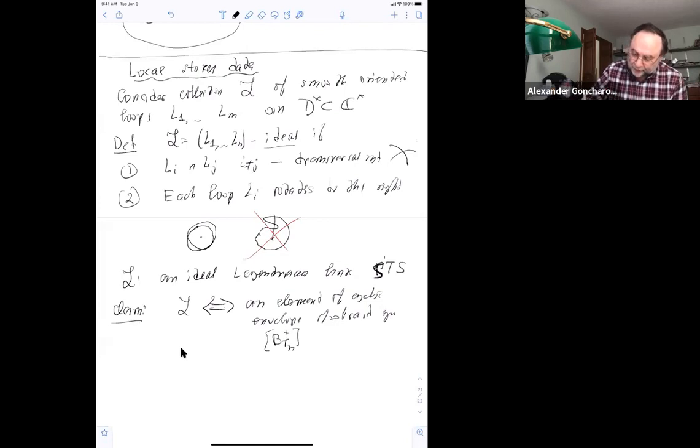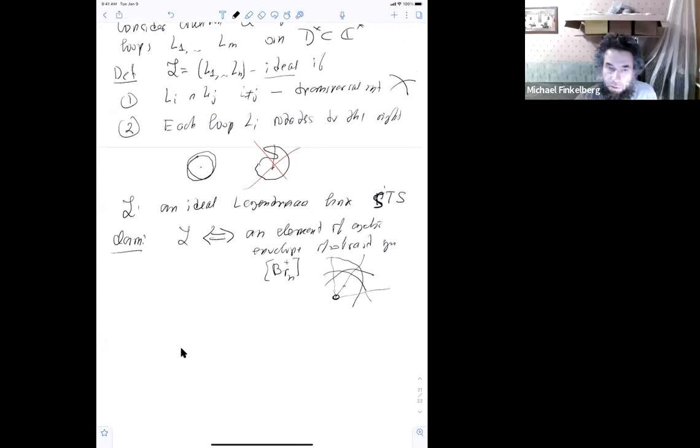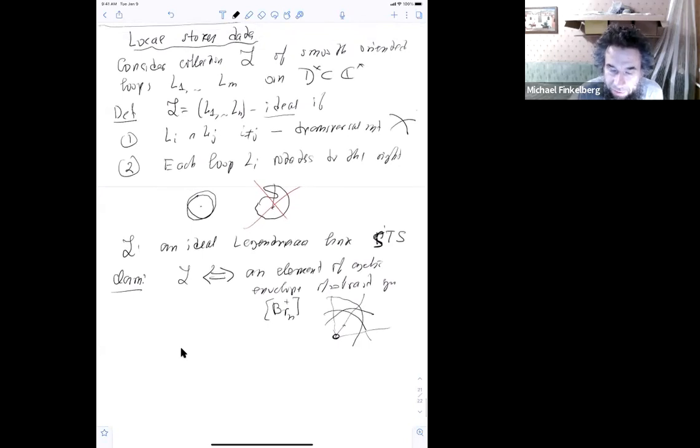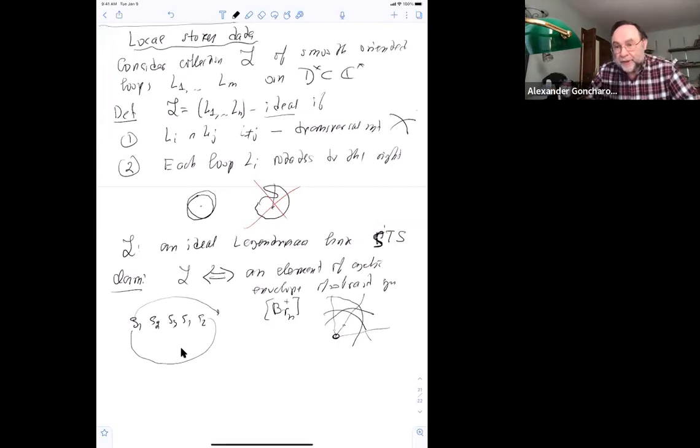It's the same data, because you consider curves like that, and they go around. If you just consider from the center, you'll see that you're talking about this kind of braid. I draw you a braid if you go around this point. And what is the cyclic envelope? What is the meaning of the words cyclic envelope? If you have a collection of generators like S1, S2, S3, S1, S2, you can put this on a circle. A formal definition, Misha, is that you consider the operation of cyclic shift, which moves this generator to the right, and then take coinvariants of this.